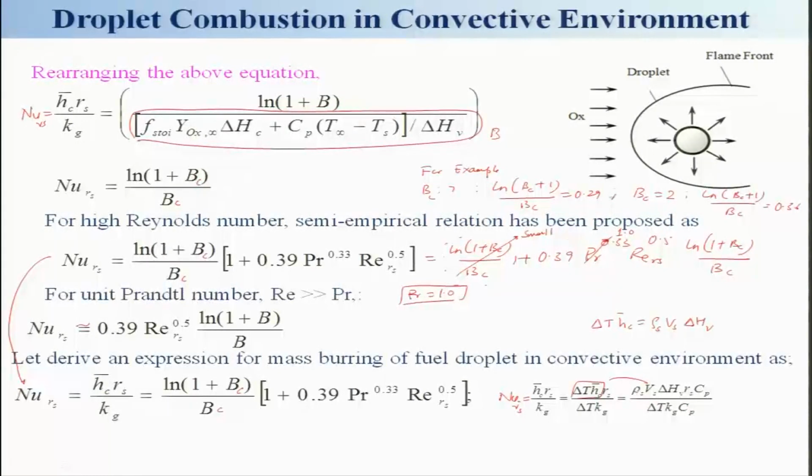And keep in mind, what is this term? This is basically mass flux of fuel, of course with convection, that we are considering because Nusselt number is there. So from that we can find it out. And if that is the case, I can write that as basically